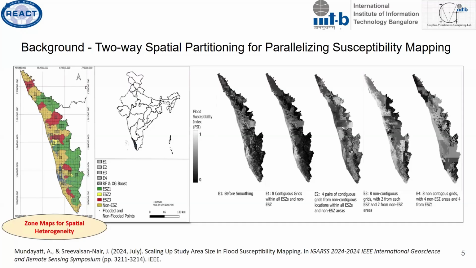For the second level of spatial partitioning, to implement quick prediction of susceptibility values, we divided our study area into square grids. Through this, we were able to generate a susceptibility map for the entire Kerala. But one shortcoming we found in our study was that since we were doing the prediction grid-wise, we had edge artifacts around the grids. Through this current project proposal, we are trying to avoid the edge artifacts found in the Kerala study, and also to extend the study from the state level to the national level for the entire Nepal.